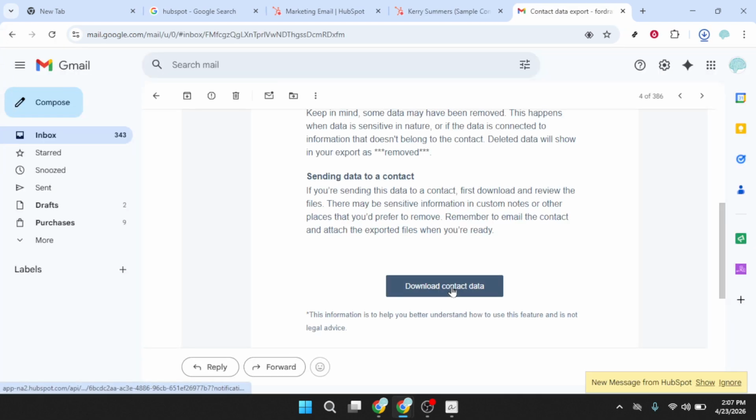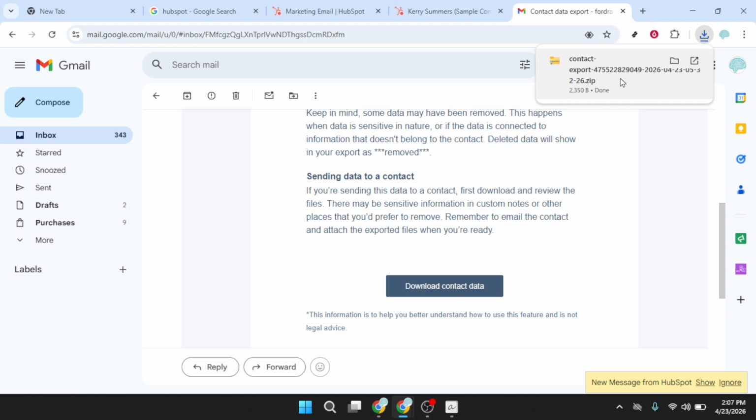Your browser will save it to your default Downloads folder. If the file is zipped, unzip it before opening. Keep this file secure, especially if it includes sensitive information, and store it where your team expects to find approved exports. And that's it. You searched for HubSpot, signed in, navigated to CRM Contacts, opened the contact, used the Actions